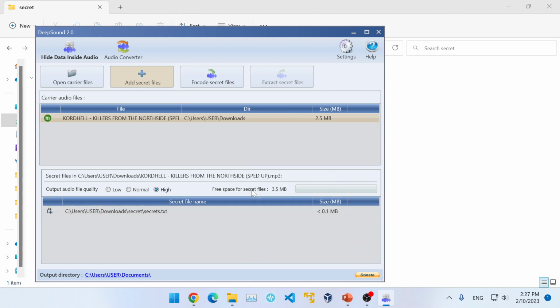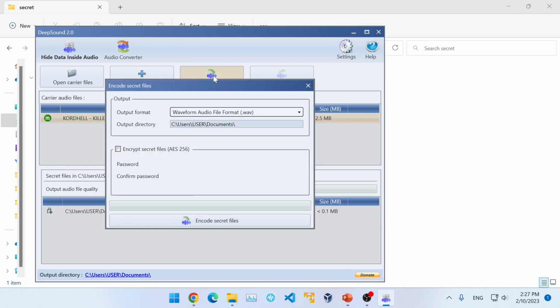Now after that, I want to encode the secret file. This secret text file will be encoded onto the carrier file, the MP3 audio file we chose from here. So let's encode it. You can see that a window appears to choose the output format. You can choose WAV, FLAC, whatever. Let's choose WAV. The output directory will be here, or you can change it from the settings as we saw earlier. You can just encode the secret file, as simple as that, or